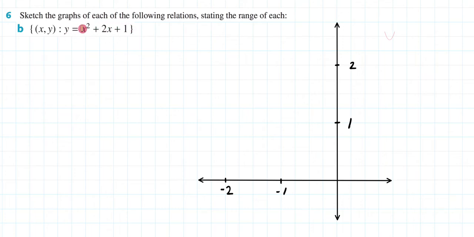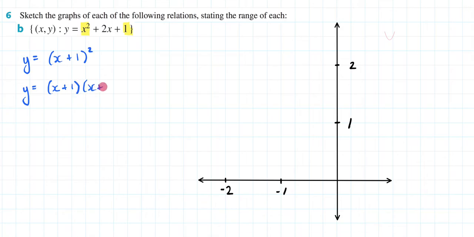Immediately upon seeing this, I realize I have a perfect square because I have a square value here and a square value here. So I'm going to write this in a far nicer way by saying it's going to be y equals (x plus 1) squared. Now this could be written as y equals (x plus 1)